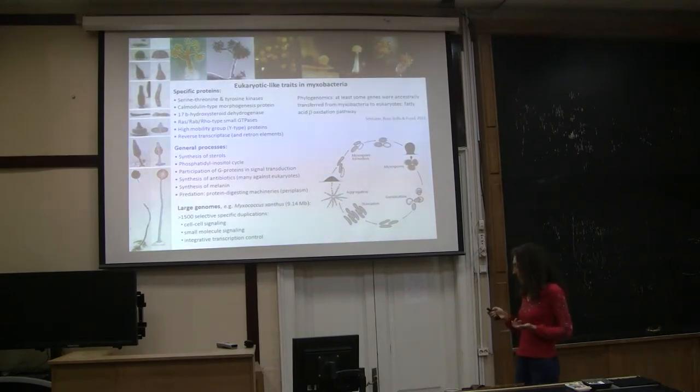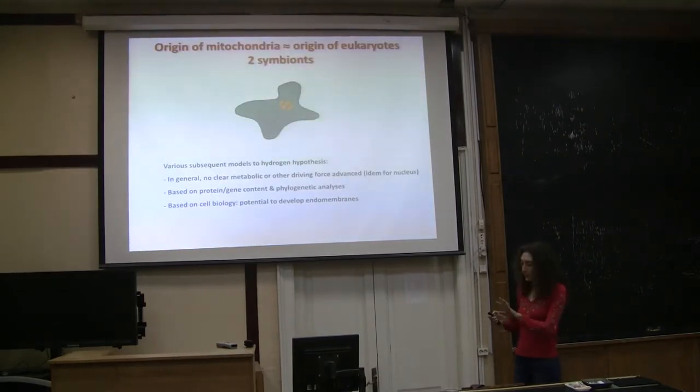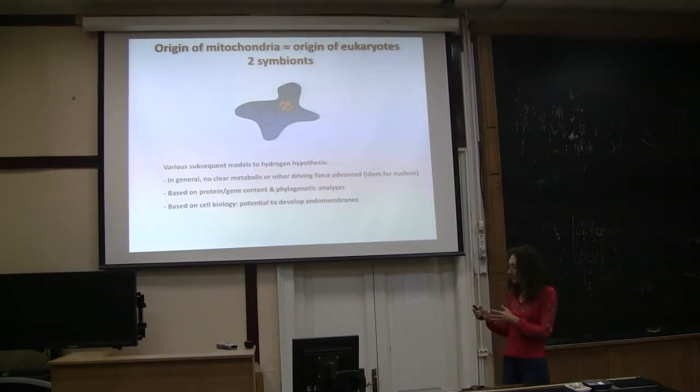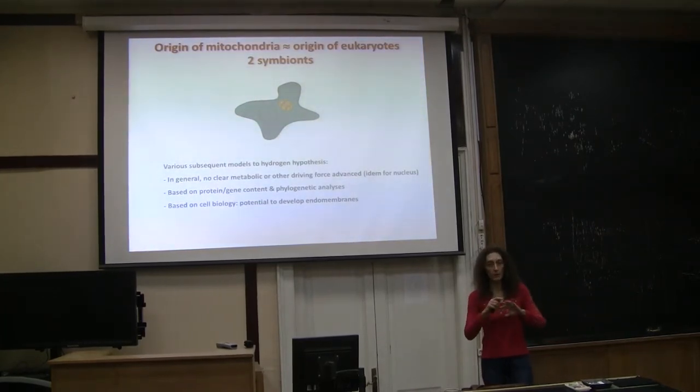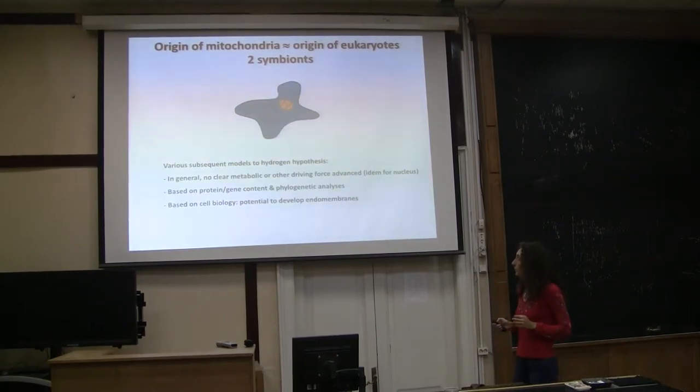And some phylogenomic studies suggest that at least some genes were ancestrally transferred from myxobacteria to eukaryotes, such as the fatty acid beta oxidation pathway. Okay, so just to say, I'm not saying that the syntrophy hypothesis is true, but just to give you some elements. So if we sum up what we have seen, because we have seen different types of models,